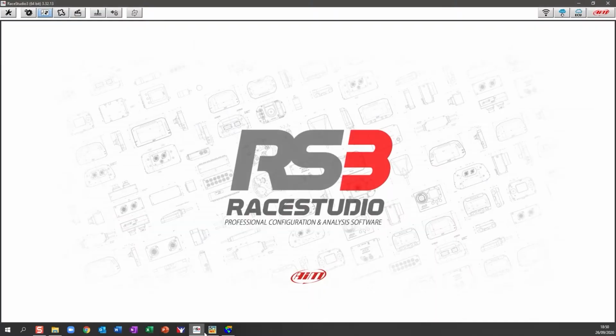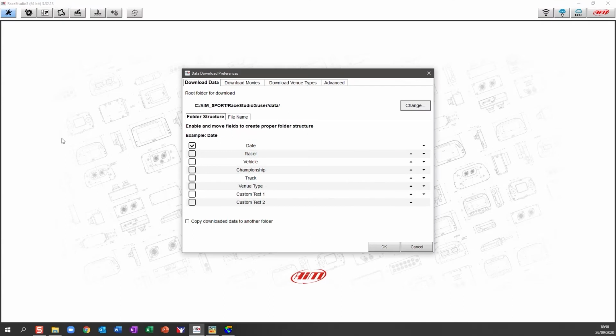So if I go to RayStudio 3 and click up here in the top left, you can see there's an area called data download. If I click there, it's going to give me an option of not only where the data is downloaded to, but how I want the folder structure and the file names to look. Now, there'll be an additional video I'll link to, which will give more